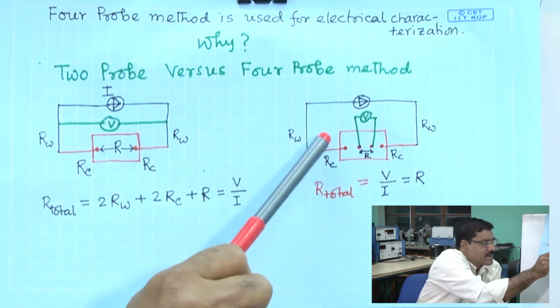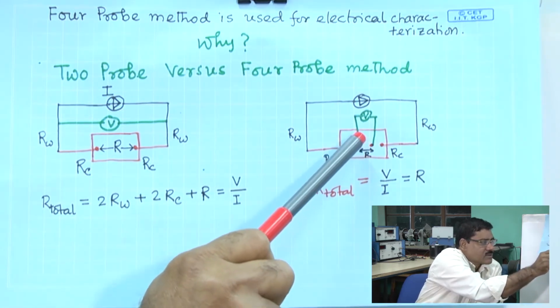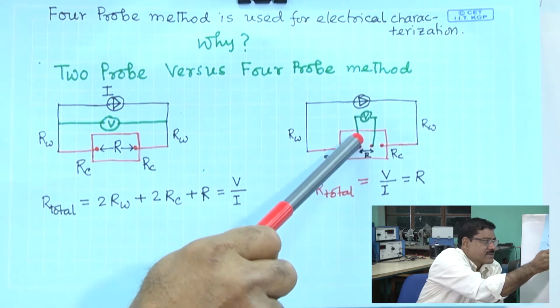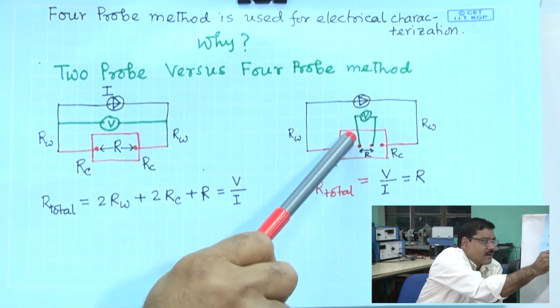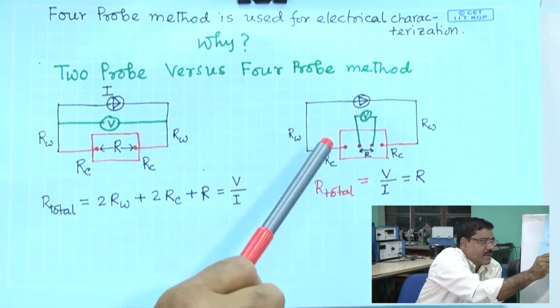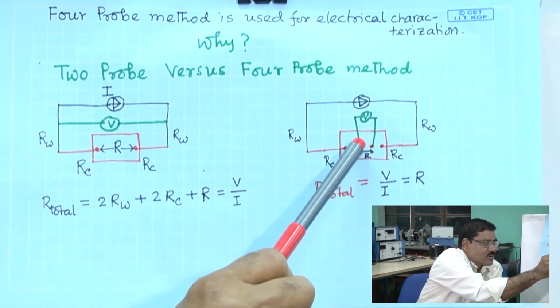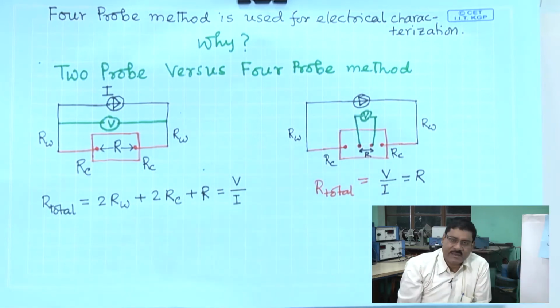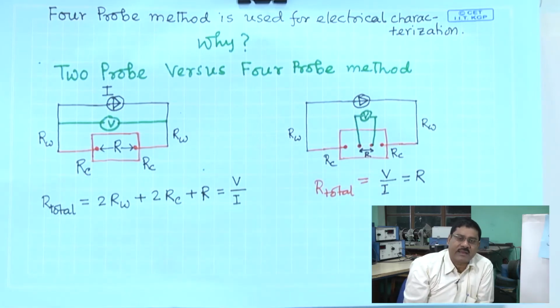Now, when current is coming here, current has two paths, one is this path through the voltmeter and another is through the sample. Now, here the voltmeter, you know the resistance is very high,